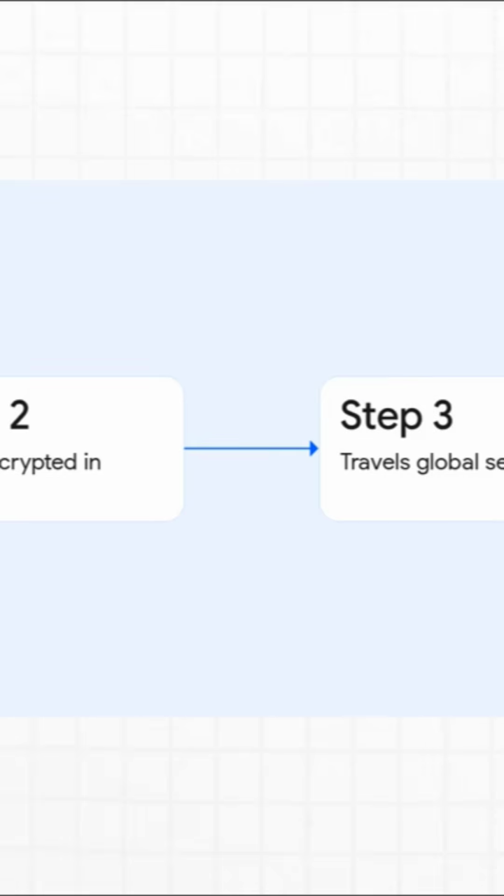So, how does it actually work? Well, when you request data using Tor, it doesn't just go in a straight line from point A to point B. Instead, it gets wrapped up in multiple, heavy layers of encryption, literally like peeling an onion, hence the name. That data then bounces all over the place through a totally randomized network of global servers. It scrambles the trail so entirely that by the time the data actually reaches its destination, the original user's identity is completely hidden. It makes tracking them virtually impossible.